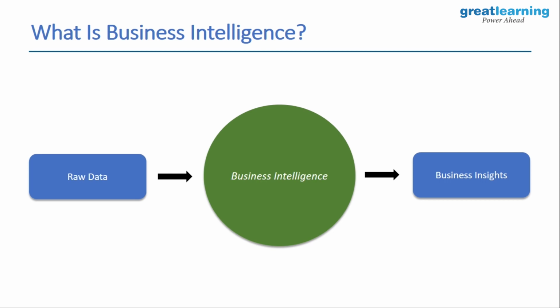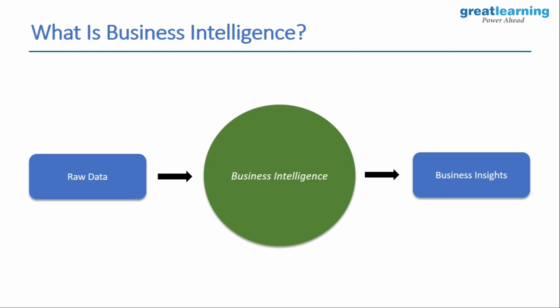And after that, we can load and transform this data and convert it into data that is probably easily understood by the stakeholders, or it can be presented to stakeholders in such a manner that it is easily understandable to them. Data visualization plays a very big role here, but that is for the later part. I won't be talking about that right away. So when you talk about putting this data in this particular order, that is what we are referring to as business intelligence. So this is where you take in your data and make it business ready so that people can understand it better. So this is what the plain definition is when you talk about business intelligence.